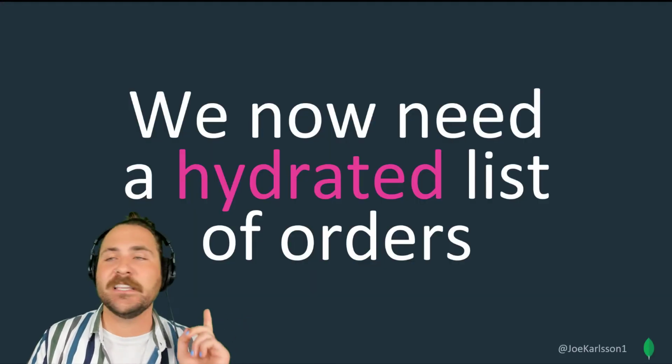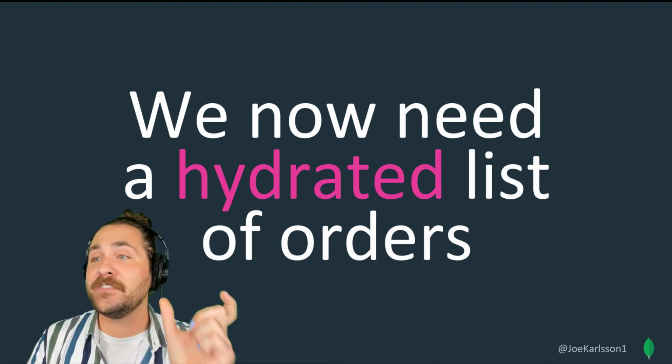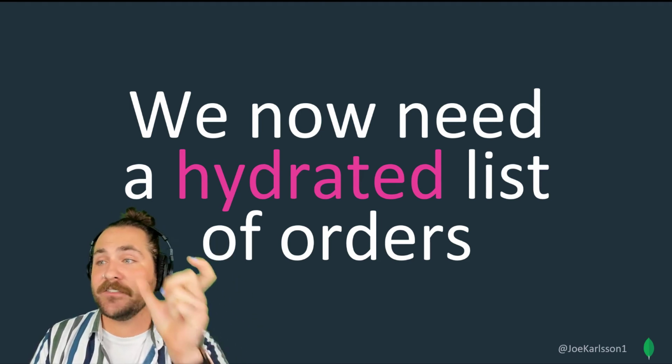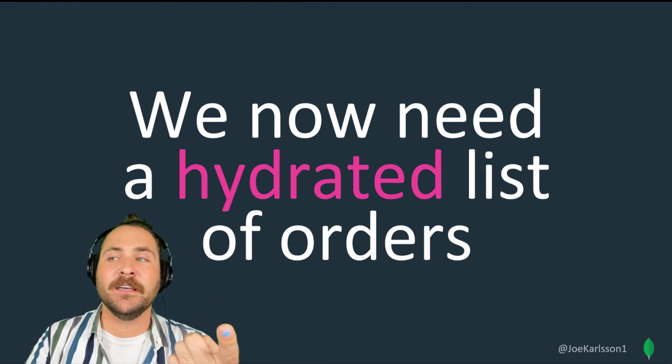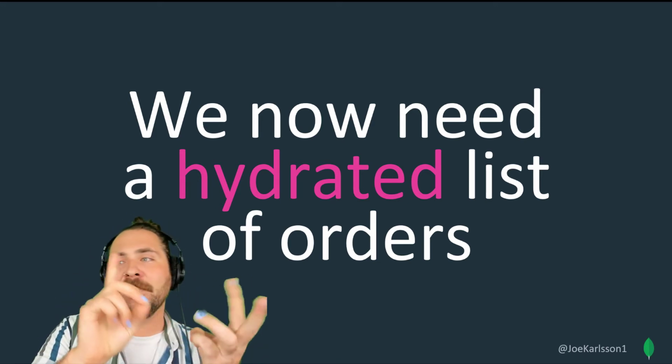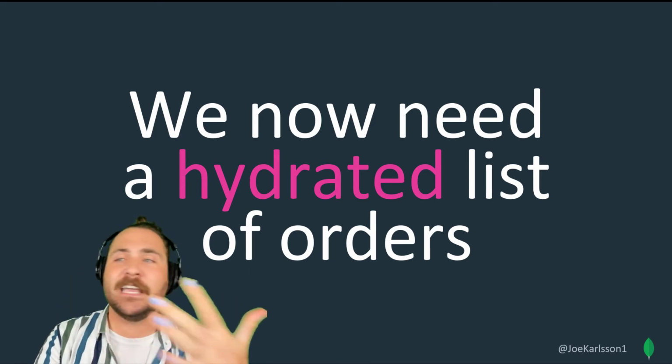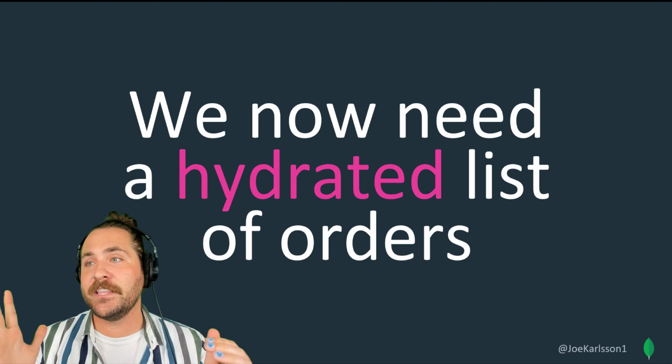You're showing that on the DOM, you've got your React thing, you're mapping over all these. Awesome. But whoa. We're front-end application developers. We're developing React applications here, and it's never that simple. Requirements always change. Product managers want different stuff. Now, what your product manager is asking of you is a hydrated list of orders. So instead of just an array of SKUs, they want actual details about those orders. They want the order date and the name and the description and the price and the shipping date.